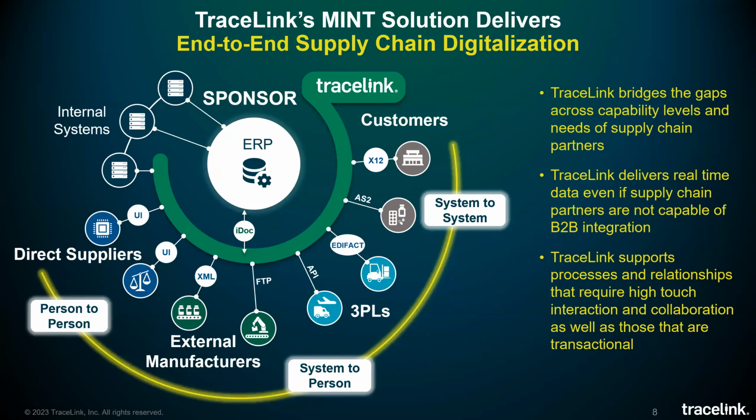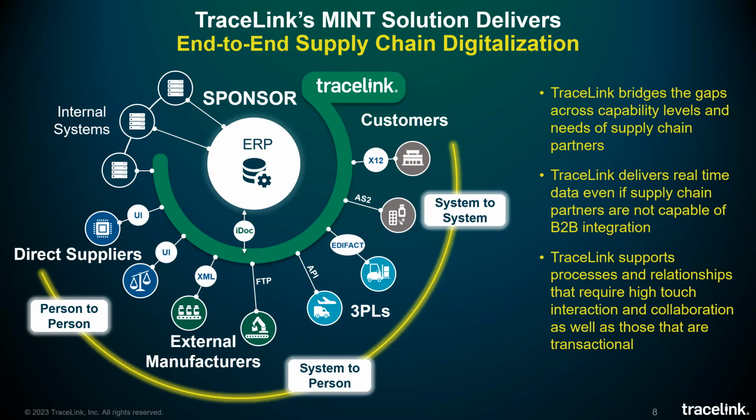And so what Mint is all about is helping all parties within the supply chain to exchange business data across the TraceLink network, right? So we've already got all these connections between companies for exchanging things like serial numbers and shipment data for track and trace and compliance. And you can use those same connections to exchange other types of data, right?